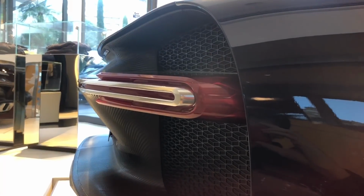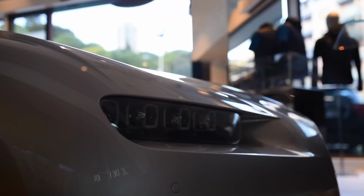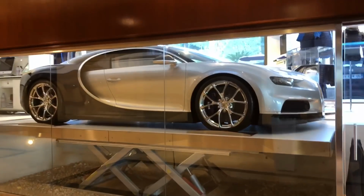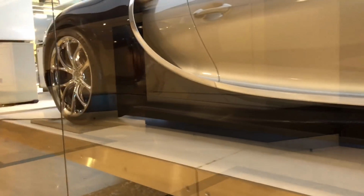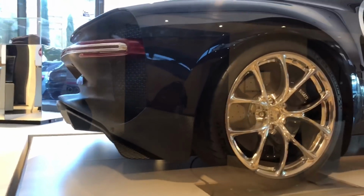Another small detail is that these tail lights aren't right. On a real Chiron, there would be an EB logo there. And also they look a bit plastic, a bit rubbish. Obviously the Chiron is an epic looking car, and this looks like a Chiron, so in turn looks epic. But it's hard not to notice the small details that are wrong with it. Which maybe in a museum where it was presented as a design model, full-size model, will be okay. It's cool, it's interesting, it's different. But to have it on display